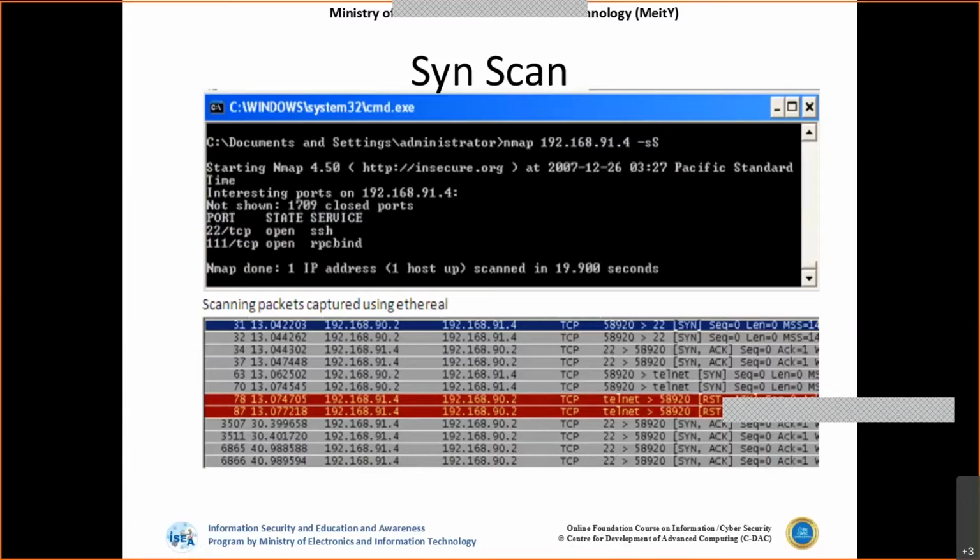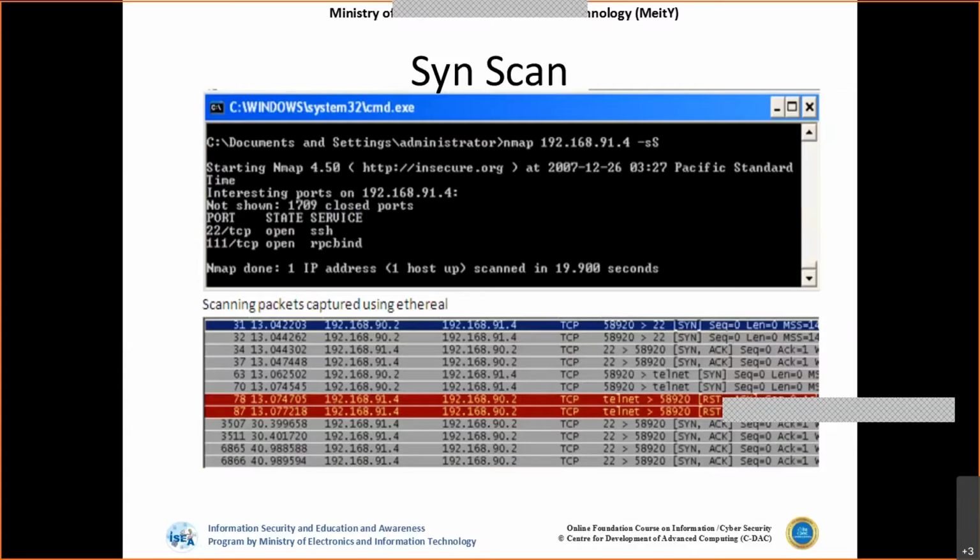In the connect scan, we check with the complete three-way handshake. The attacker establishes a SYN, gets a SYN-ACK, and again sends an acknowledgement to the system. Once the three-way handshake is established, we can assume that the port is open, because we get an acknowledgement only when the port is open.